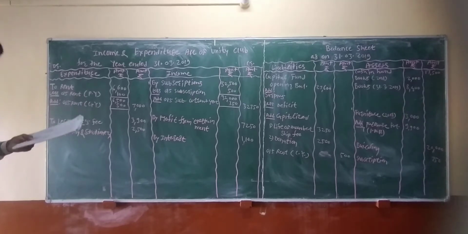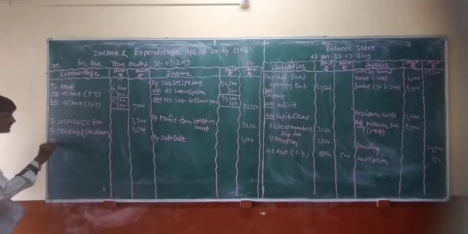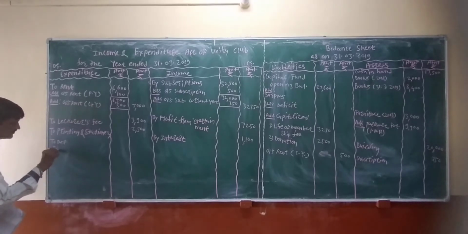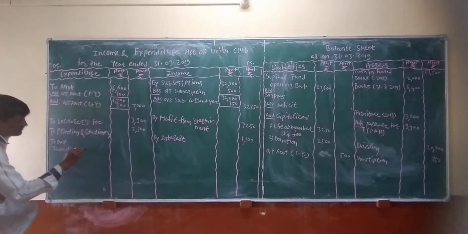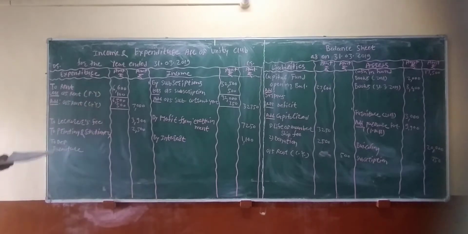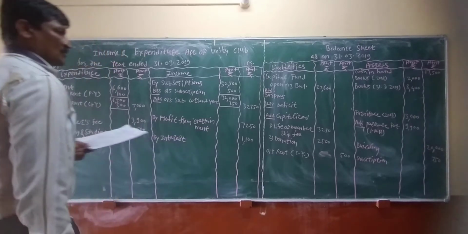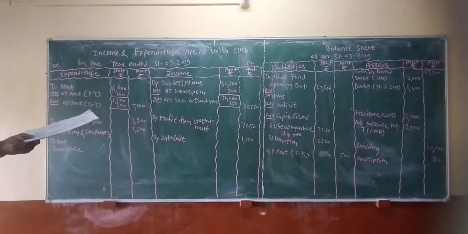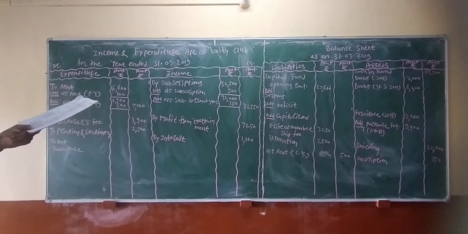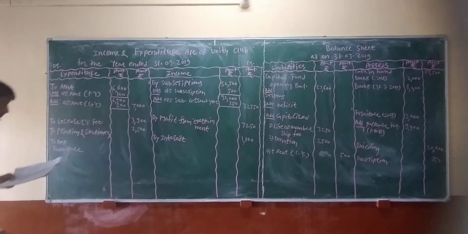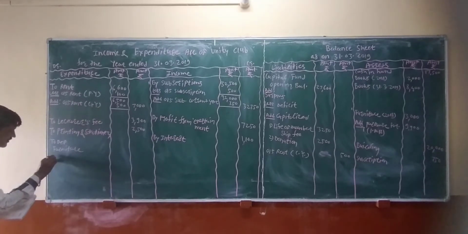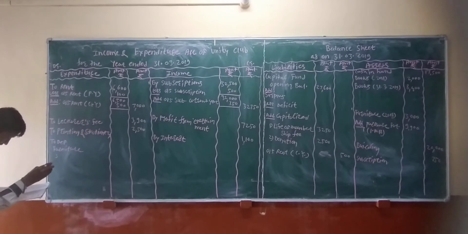So first write furniture at 10%. Furniture of 2018, including purchases, that is, the new purchases are included. First you can write 10% divided by 100 into